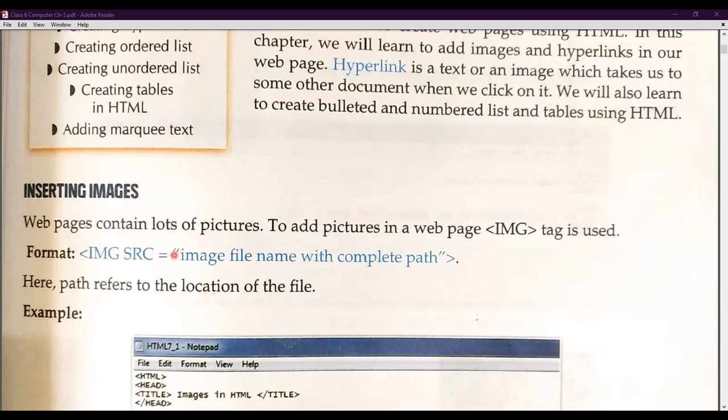Path is the location of your image, where the image is stored in your PC, in your computer. Supposing it is stored in D drive's pictures folder and its name is lps.png, then this will be my path. How? D will be my drive, pictures will be my folder name, and lps.png, in which lps will be my image's name and png will be my extension, that means the type of image. So this is how you can insert an image theoretically, but yes, we will do it in a practical manner also.